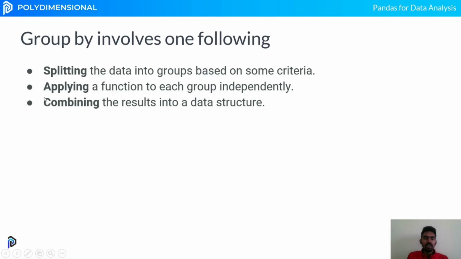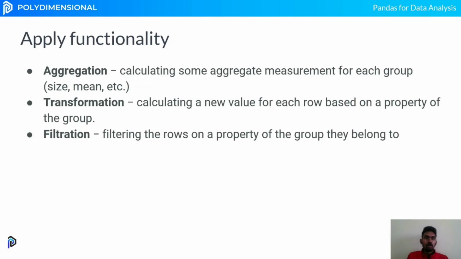So let's look into the various kinds of functions that we can apply after grouping data. Applying functions can be aggregation functions like sum, mean, standard deviation. These kinds of functions can be applied to that particular group alone. For each group, it can be applied. Similarly, you can also transform the values in the group. The transformation can be done to each and every group that we choose, so it will be affected in each and every row. We can get the mean value of that particular group and replace all the values in that group with it. We'll understand it more when we see an example.